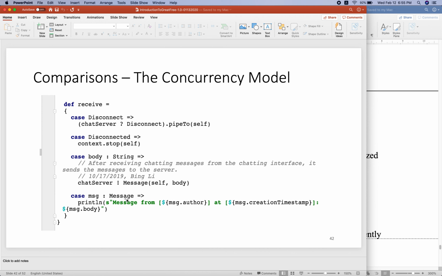If one message is received, and the type of message is message, then after this message is received, it will print this message at the local site. This is simple code. We do not need to explain the code in detail, but you can see here the server side is very simple, right? Very simple. You do not need to care about anything about the server programming.